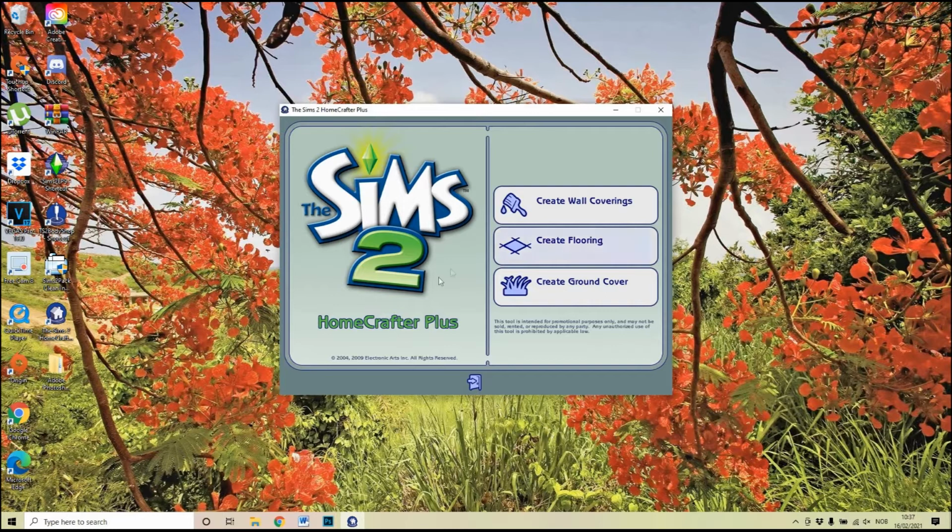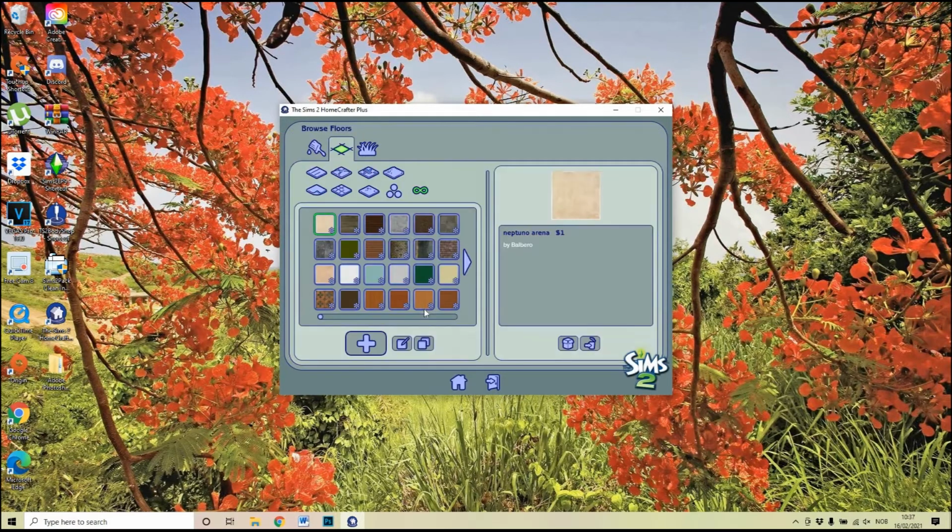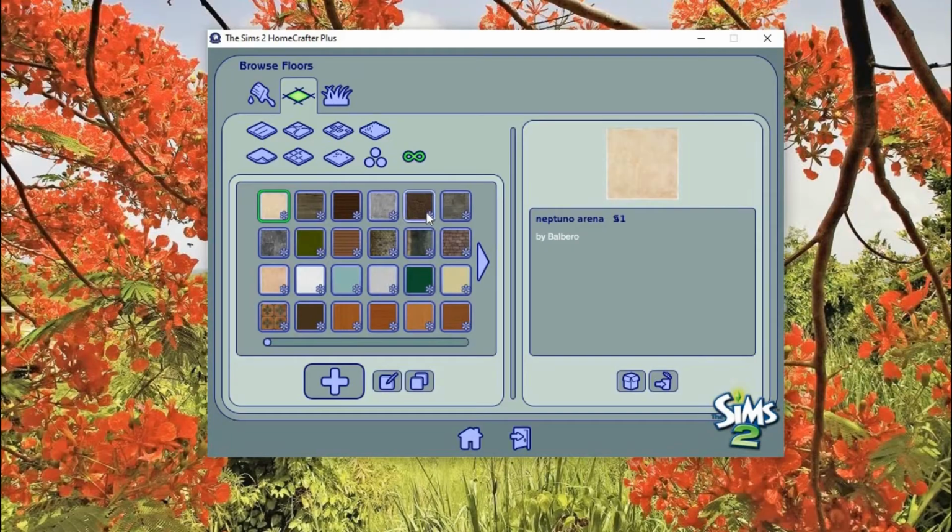But once you have it, you go ahead and start it up, and click on Create Flooring. Now, it's going to show all of your custom content flooring. So these are all custom content floorings that I have in here. One of the floorings I have